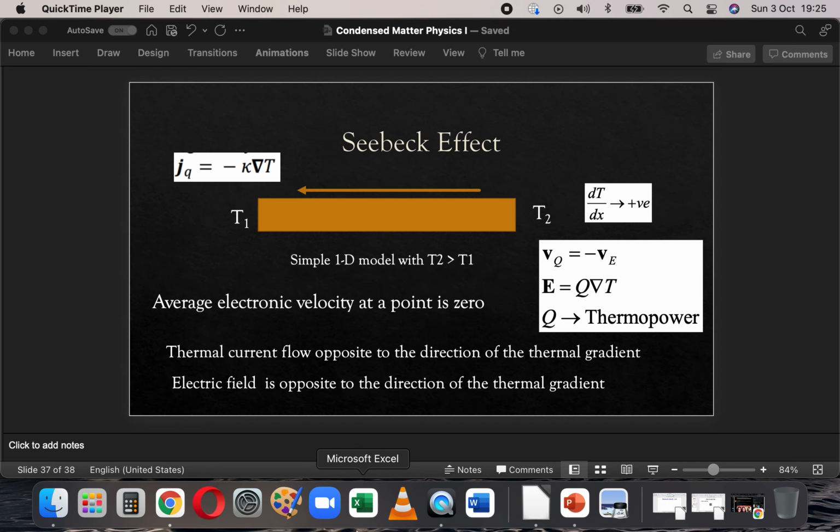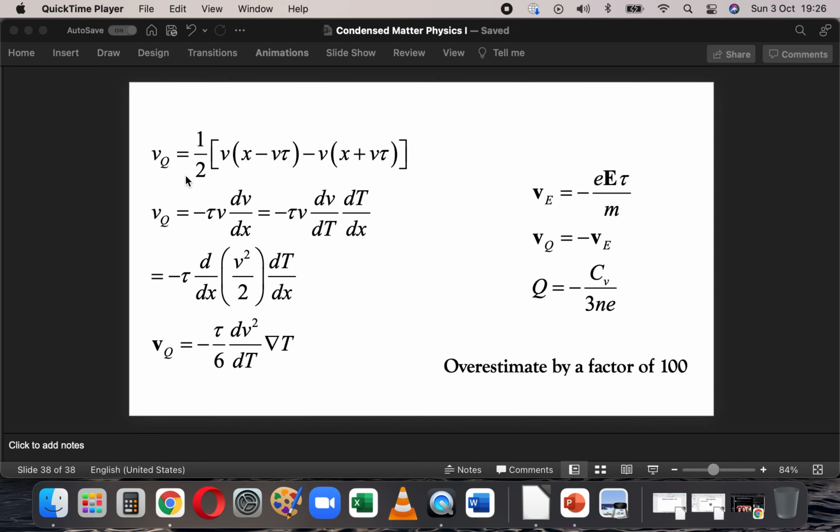The only catch is, just like in the Hall coefficient, many metals will have a positive Hall coefficient. Many metals also exhibit a positive thermopower, so that's something that the Drude model cannot explain. The derivation for an expression for Q is exactly identical to that of the thermal conductivity case. So I'm not going to repeat those arguments, you can figure it out.